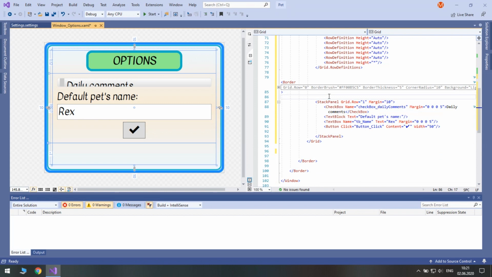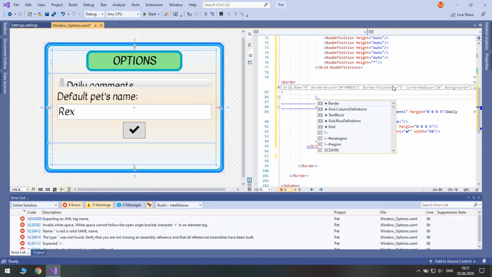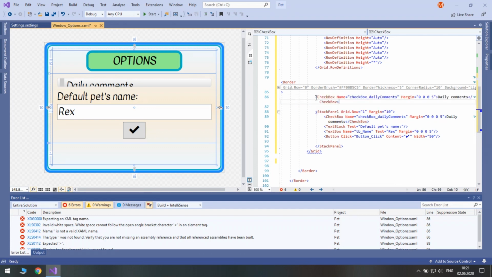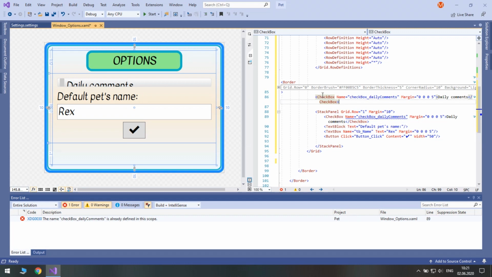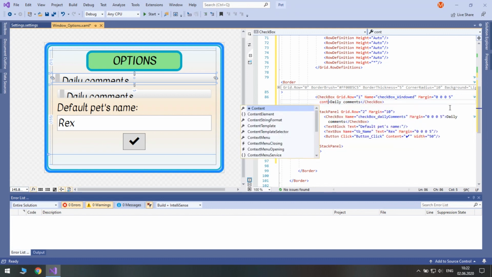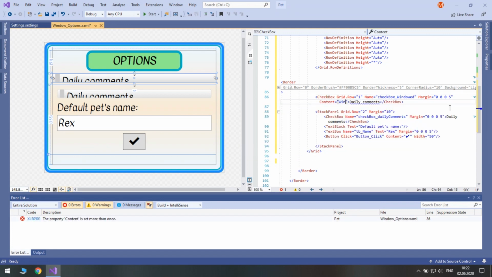Now, below we will have a checkbox. So this checkbox will be in grid in row 1. Set its name to be checkbox windowed. Let's set the content to windowed.